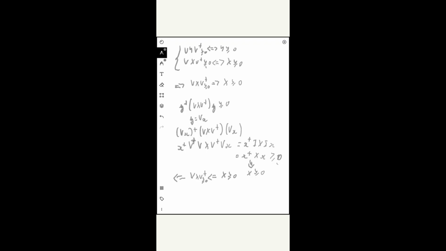So if X is greater than or equal to 0, then it just means that V X V dagger is semi-definite. So that's our assumption. And if we take Y dagger of V X V dagger Y,